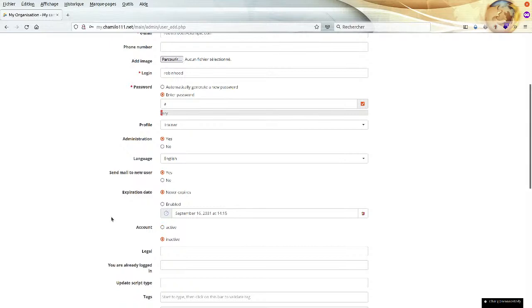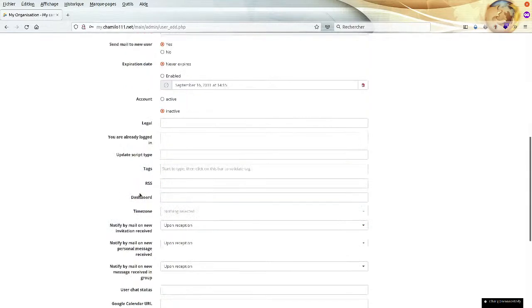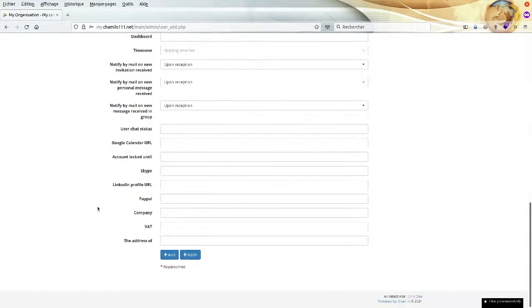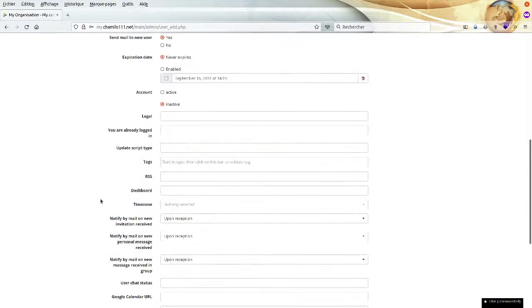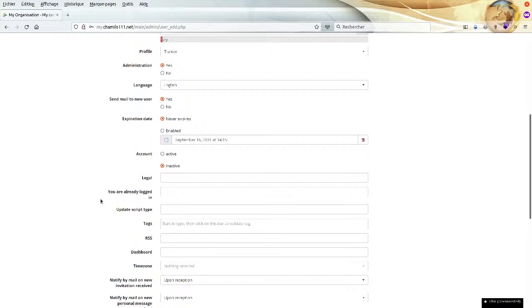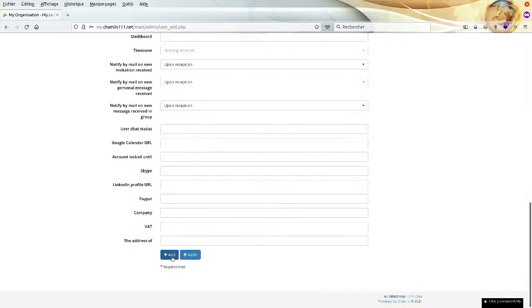The rest of the fields here is really optional. This depends on your configuration. There are a few additional fields that I added myself in this portal, but basically none of them is really essential to your processes later on. So you can either add this user and return to the administration page, or you can add more, meaning that once you've added this one,